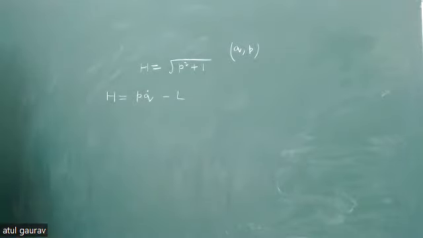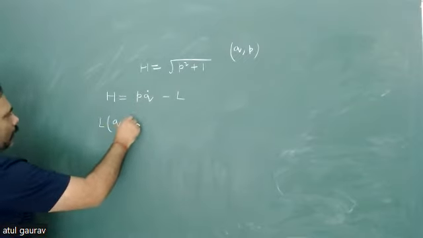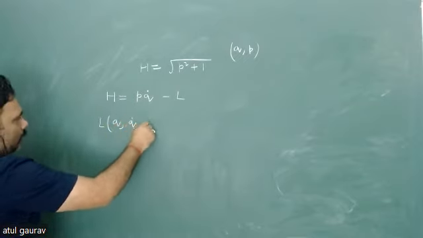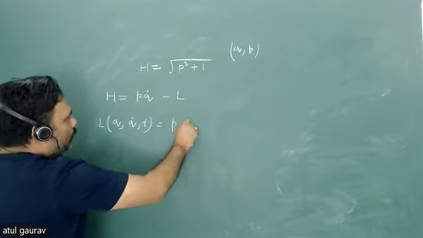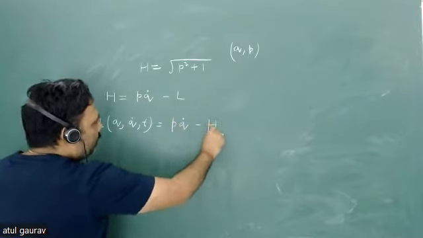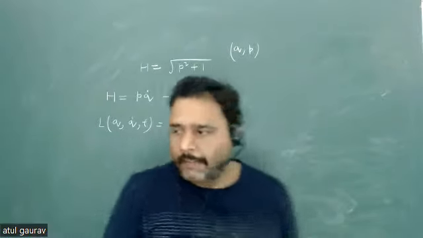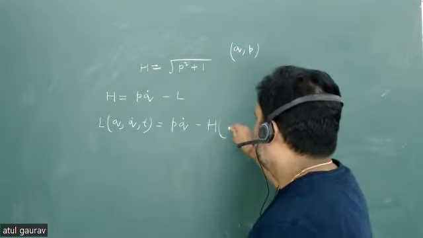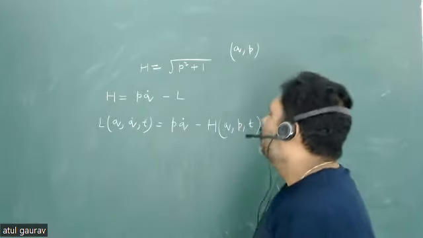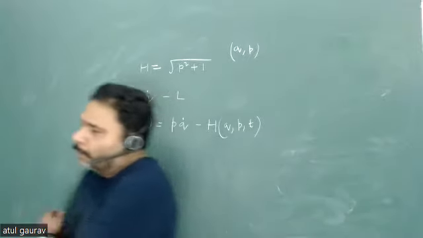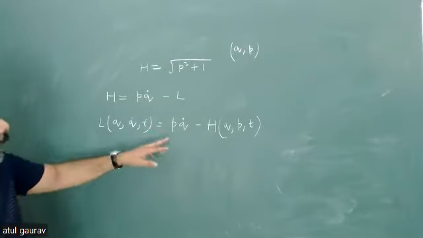And we can write this L as a function of generalized coordinate, generalized velocity, and time. And this can be written as PQ dot minus H. And here this H is basically a function of generalized coordinate, generalized momentum, and it may be a function of time. So what we have to do? We have to just replace here